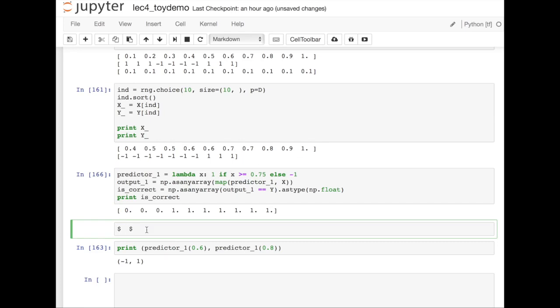In a markdown cell, if we put a pair of dollar symbols around the text, I can write mathematical equations, which is convenient. In this case, the equation is 0.5 times a logarithm, and in the logarithm there is a fraction, which is 1 minus epsilon, where epsilon is the weighted error of the best predictor,